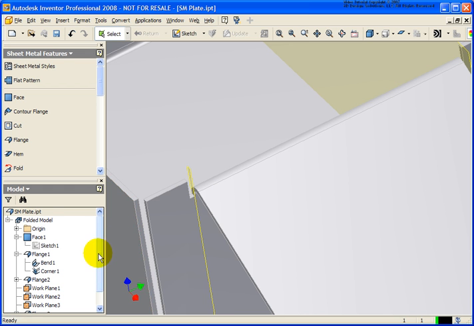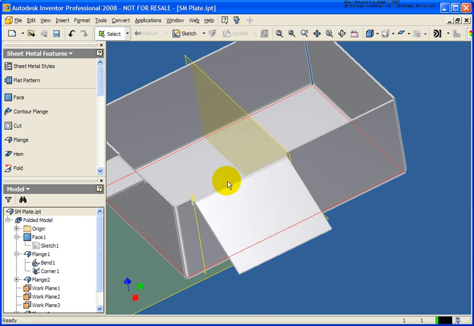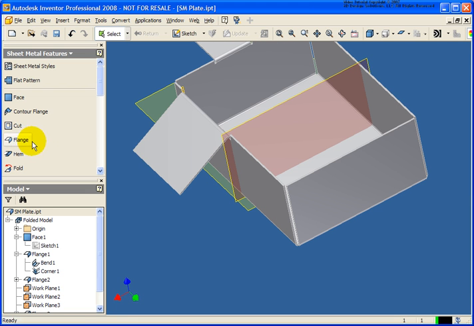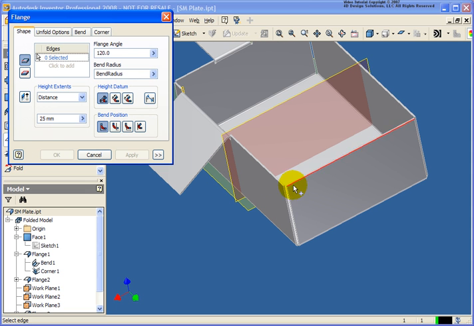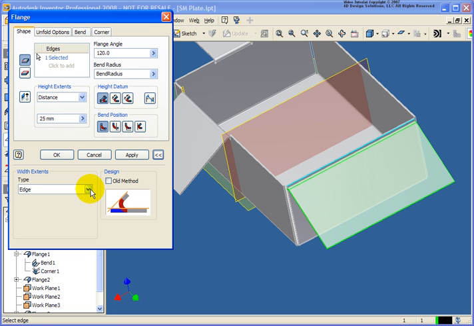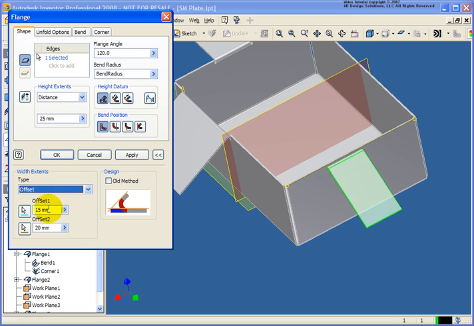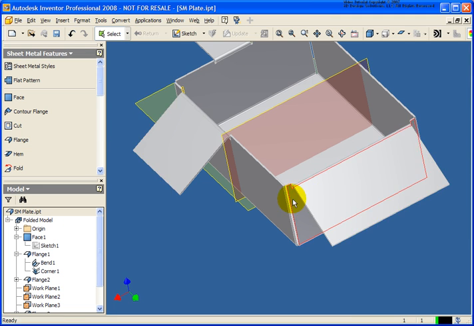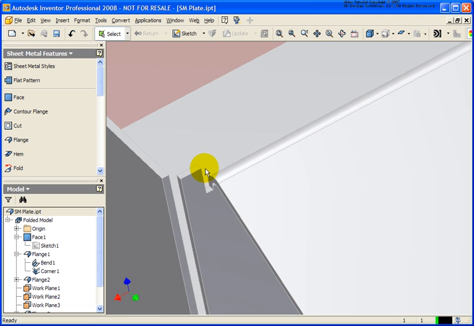One more option that I want to show with the flange tool, I'm going to spin around to the opposite face here. Let's place in one more flange. I'm going to come back off of this edge and expand the dialog box. And I'm going to do an offset. So off that first one, I'm going to come back in 2 millimeters off each edge, as shown here. So if I go ahead and click OK,